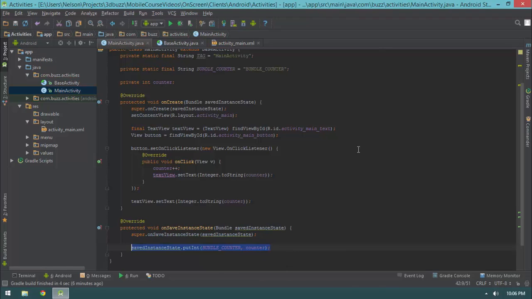And that's all we need to do. So with that one line of code, we have now stuffed the bundle counter back into our bundle. All right, fun stuff, right? So now what we're going to do is in our onCreate method, we are going to use our saved instance state. Now you might be wondering,